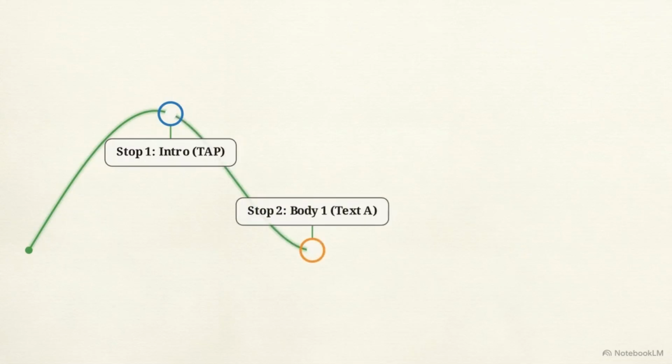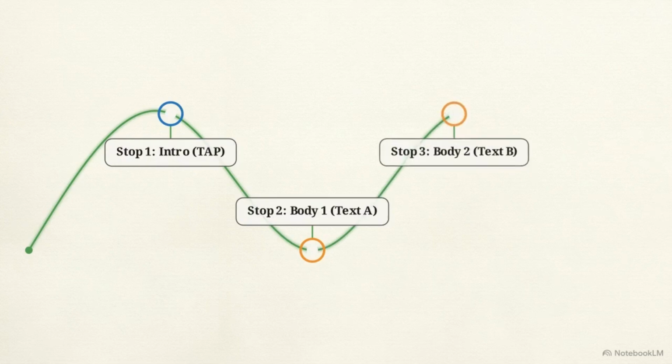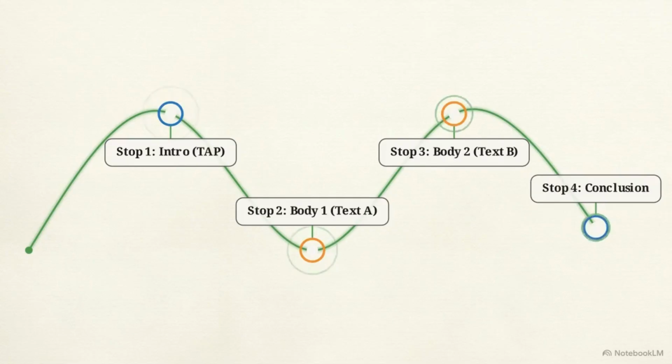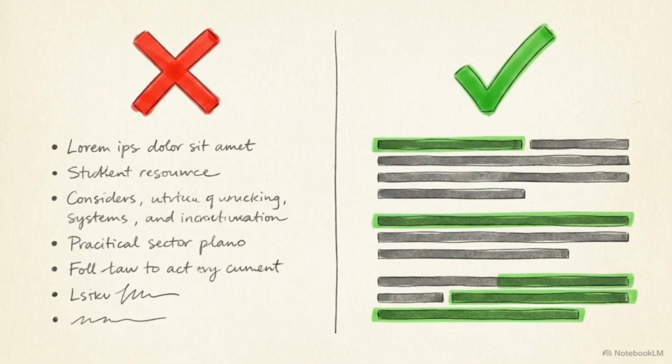Map out your structure. Your route has 4 mandatory stops. First, an intro establishing text type, audience, and purpose. Second, evaluate text A. Third, evaluate text B. And finally, a concluding call to action. By controlling the sequence of these stops, you force your response to act as a cohesive argument rather than a